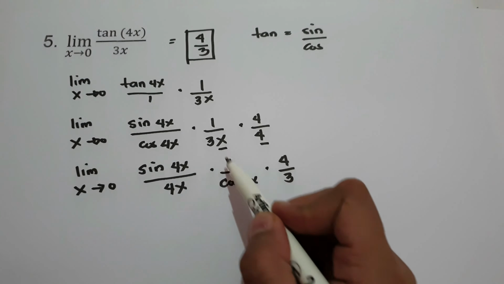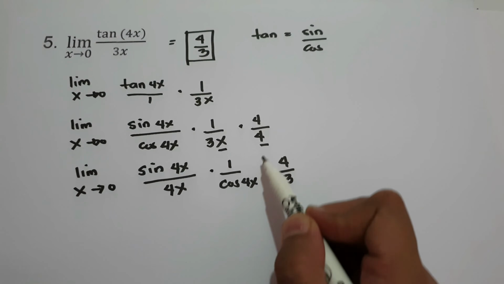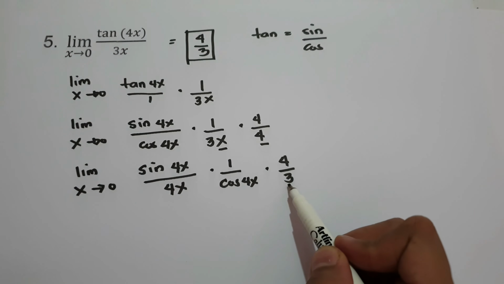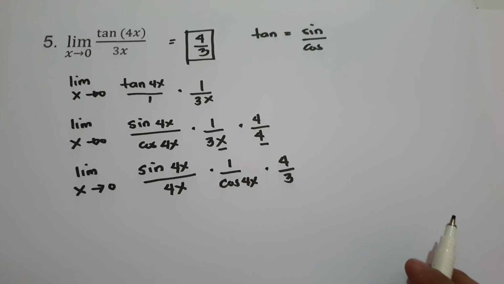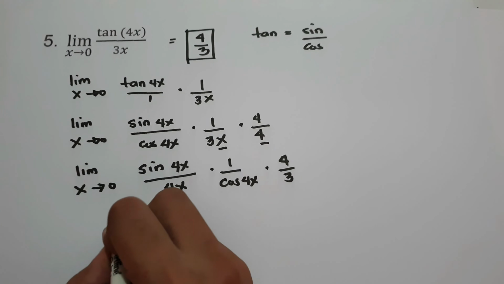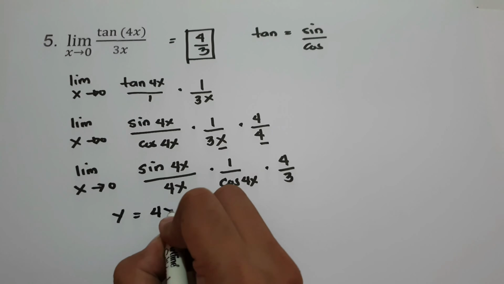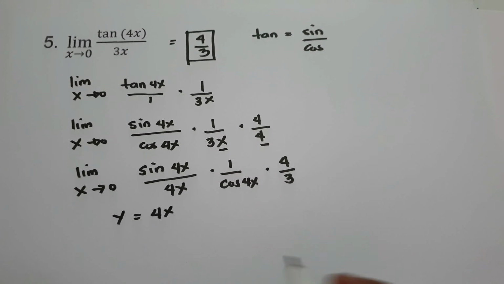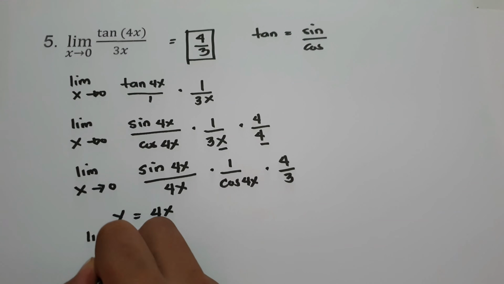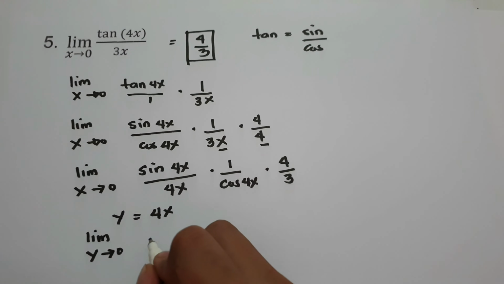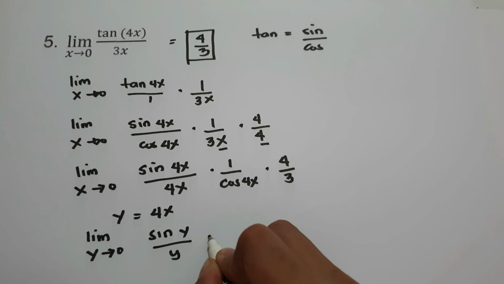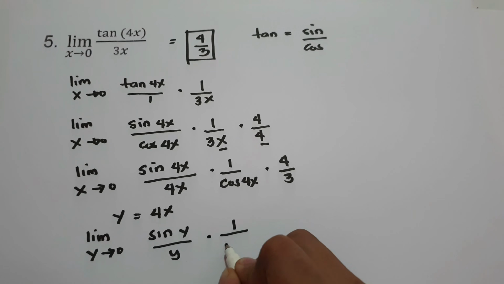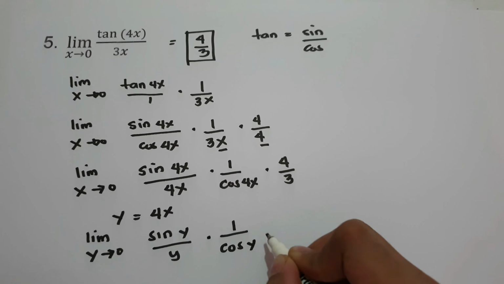So 3x will be replaced by cosine 4x, and 4 will be replaced by 3, and x will be in the denominator of sine 4x. So let us represent y as 4x. Then we have the limit as y approaches 0 of sine y over y times 1 over cosine y